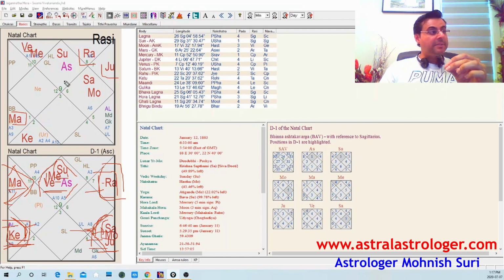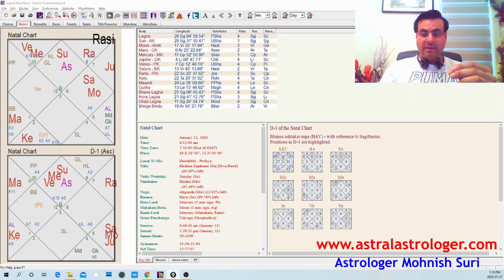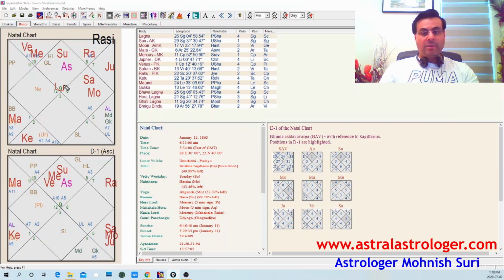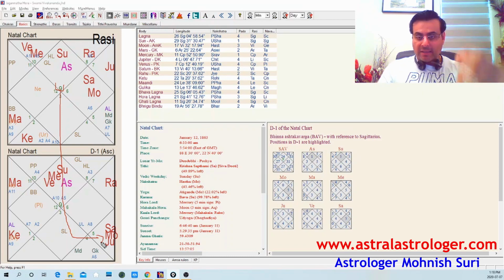And the second part is how you see the lordship of the houses and where the planets are sitting. It's also a very simple technique. Now apply that technique here. I'm going to do that very fast, very quickly, not going into much of the details. Look at the ascendant lord. The ascendant lord says where your life will revolve around. Question this: where will the life of Swami Vivekananda Ji revolve around? The ascendant lord is sitting in the ninth house. Ninth house of teaching, spirituality, learning, wisdom, law, ethics, abiding by law. Clear? I don't have to go into the details.